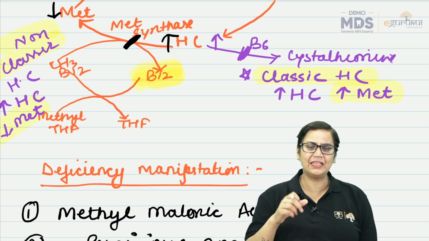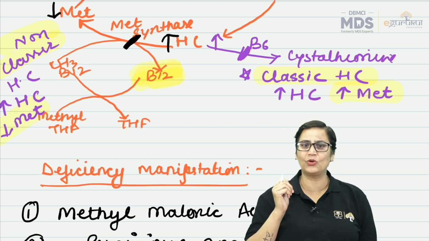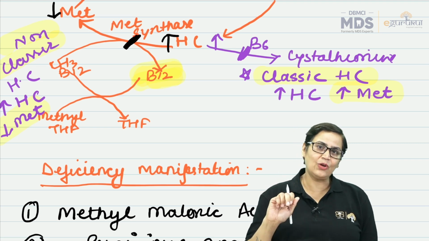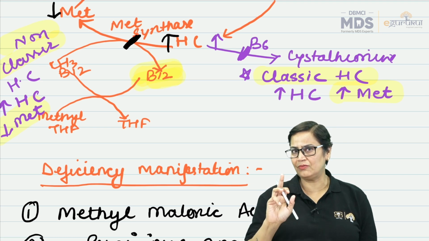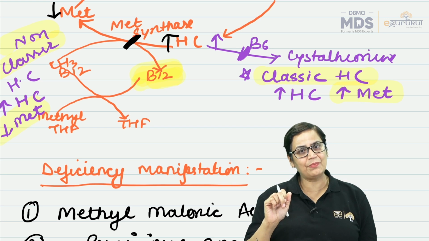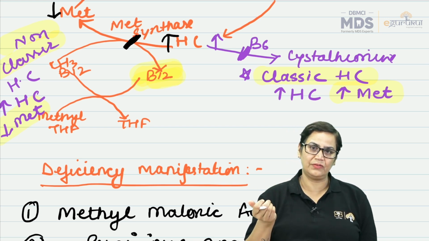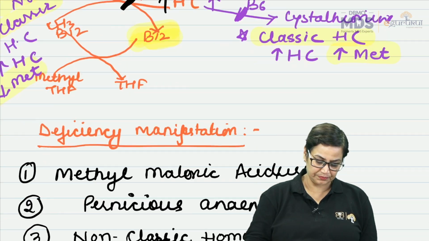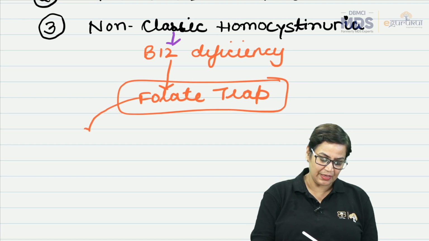And here you can say that there are so many clinical cases or questions which can be formed on this. Methylmalonic aciduria will be totally due to the deficiency of B12. It has nothing to do with B9. And folate trap is the one which involves both B9 and B12. Clear? So how do we define folate trap? That methyl group is not